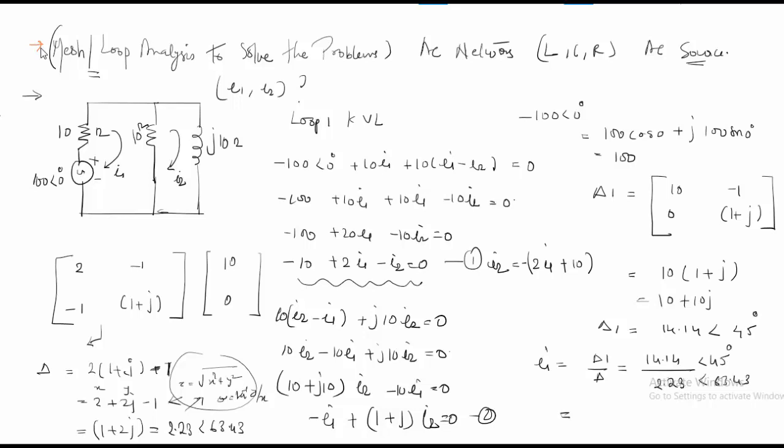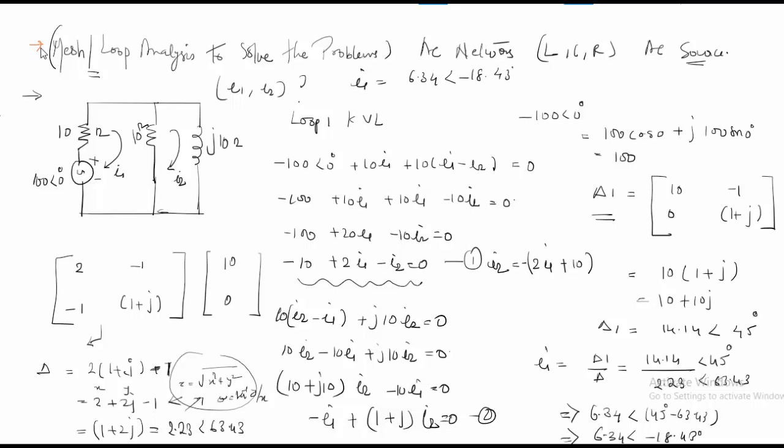So I am dividing this, it will be close to 6.34, and making an angle of 45 degree minus 63.43 degree. I divided this and took the subtraction, so it is 6.34, making an angle of minus 18.43. So this is how I can find my I1 based on my delta 1, and if I write it here, my I1 is equal to 6.34 at minus